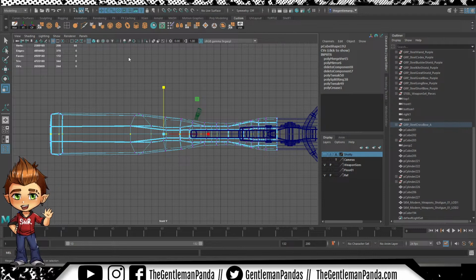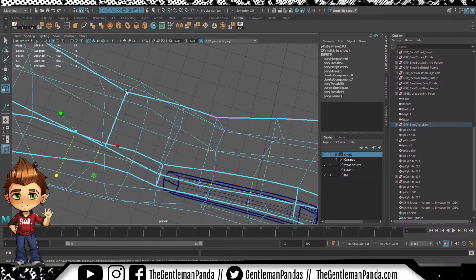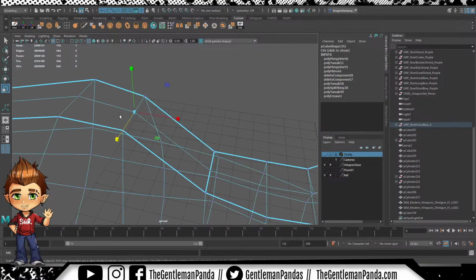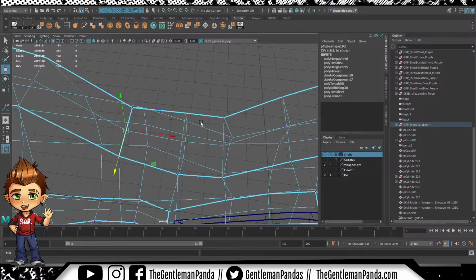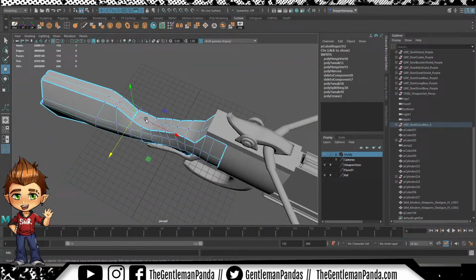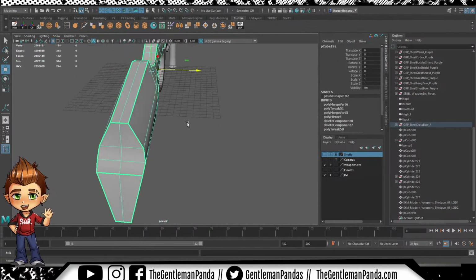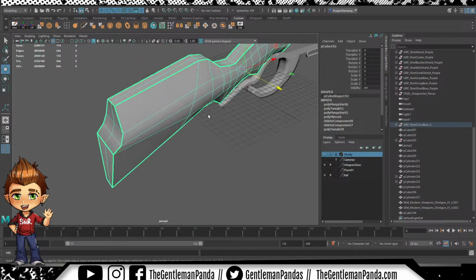Just do another merge. How was that? There we go. There it is. Okay, cool. So we have introduced another edge loop to the model, but that is a cost I'm willing to accept because